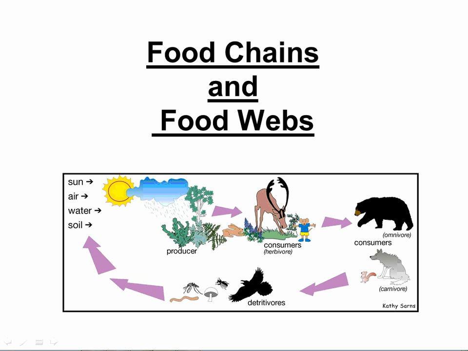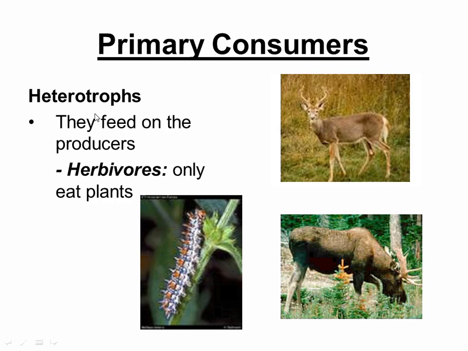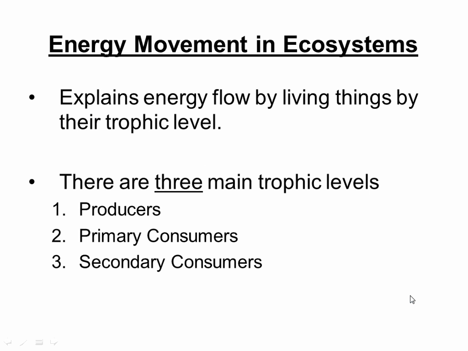Okay, so when we talk about our system, energy can come in. That's good. Without the energy coming in, we'd be done. That energy is light. The machines that make the energy into stuff that we can consume are the green plants. And now we want to talk about once that energy is in, how does that food and that energy get distributed? So that little talk that I just had was a little bit of a review. So let's talk about food chains and food webs, and now some terminology.